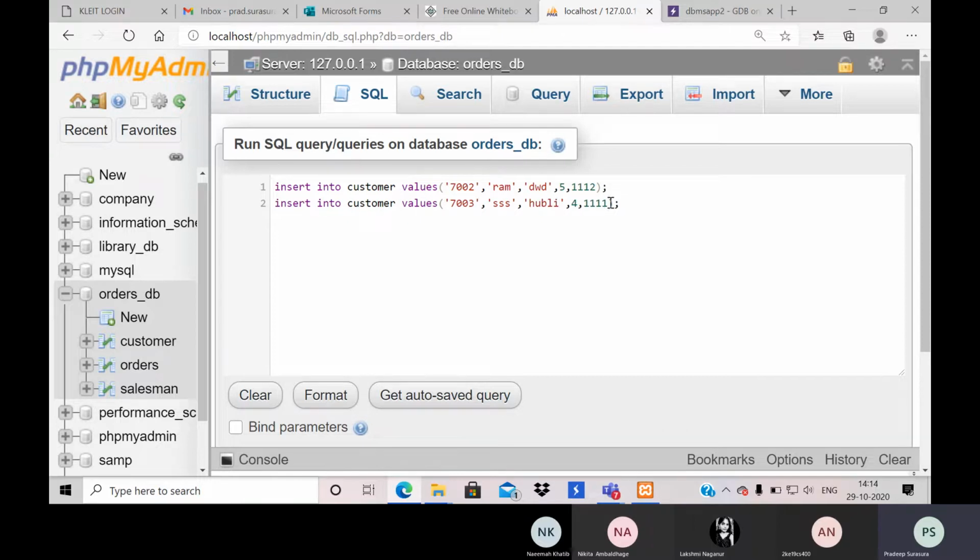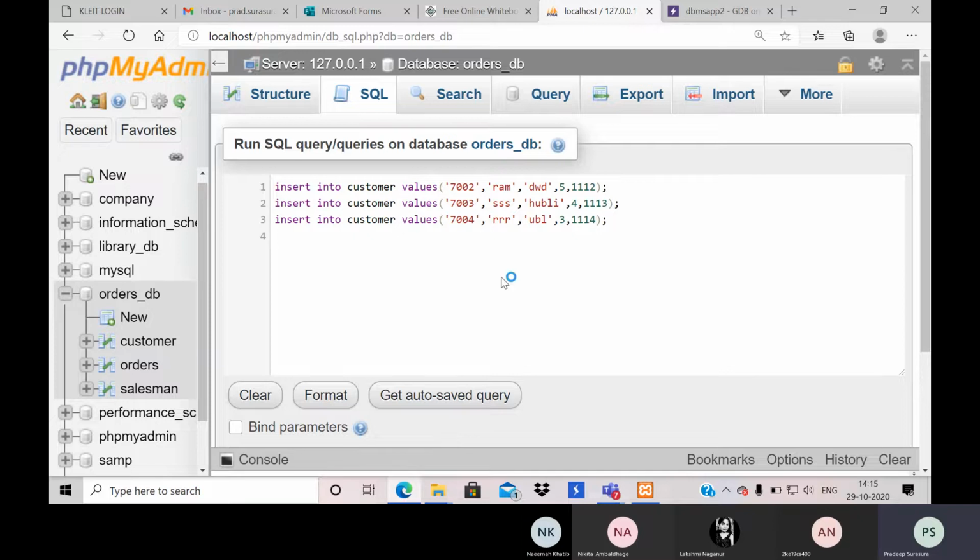So here let me write 3. This will be 4, maybe something like this, and this I will take as 4.